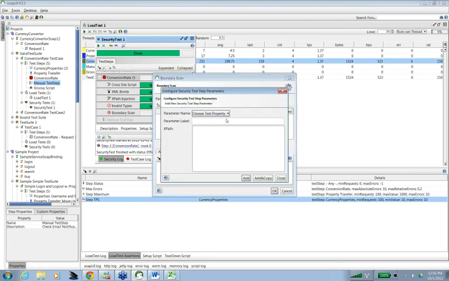Since we have only two parameters in the request, you have to mention the XPath for those two parameters. Here I can write from. These are the only two parameters, so you want to do the security scan for both of them.